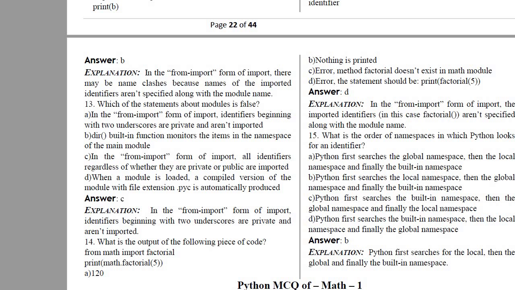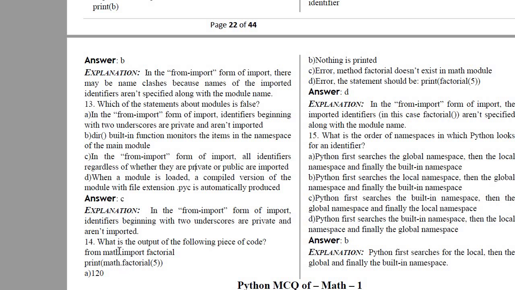When a module is loaded, a compiled version of the module with file extension .pyc is automatically produced. If you see the A and the C option, there is a difference: in the last you will see private are not imported, public are imported. So in this, whether they are private or public, they are imported. So C is the correct option.